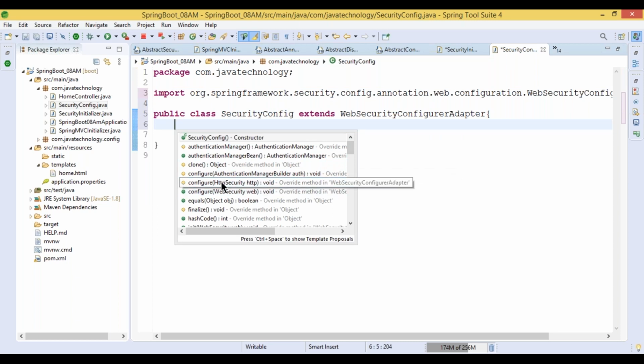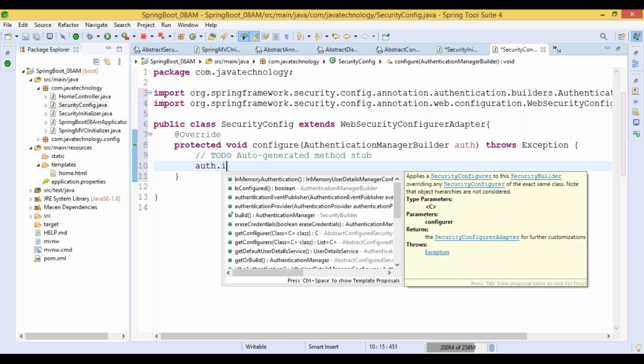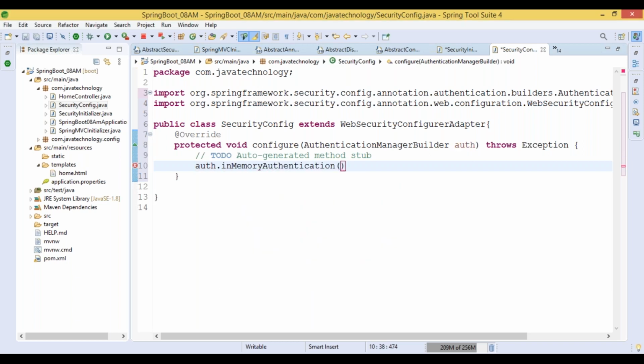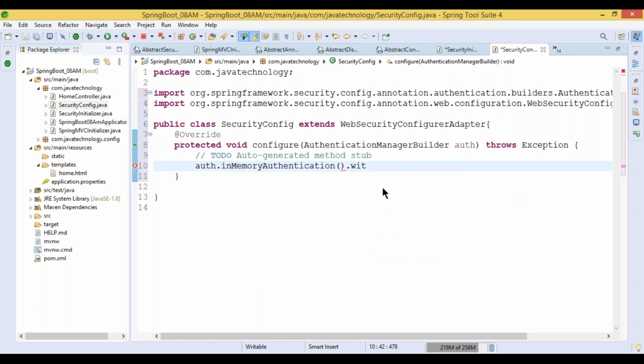Just see here, configure, we have the methods with web security and authentication manager builder. We will focus on this. Now, instead of calling the super class configure authentication, in our current application, as per our requirement, we can work on it. First we will use in-memory authentication, in-memory authentication dot with user.